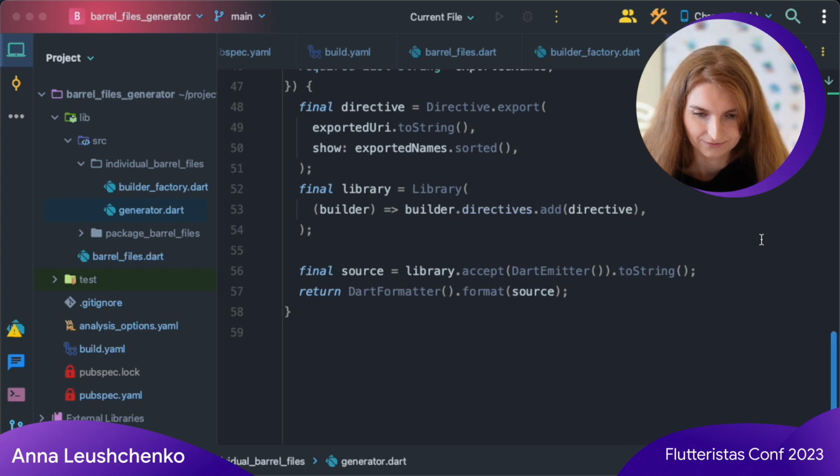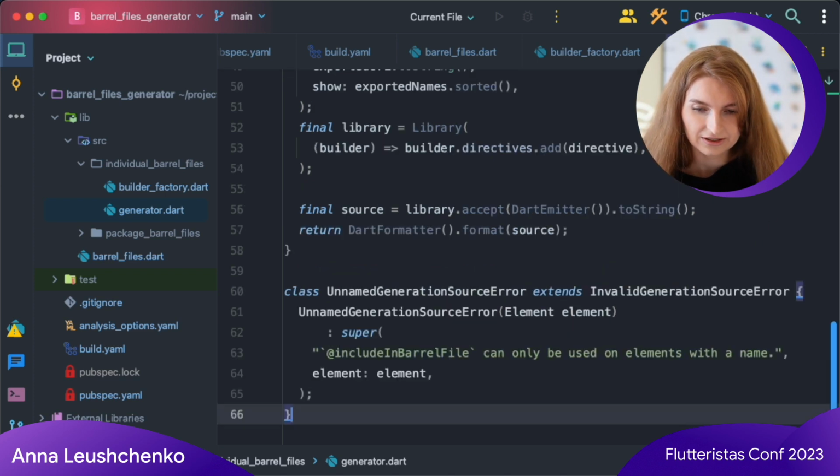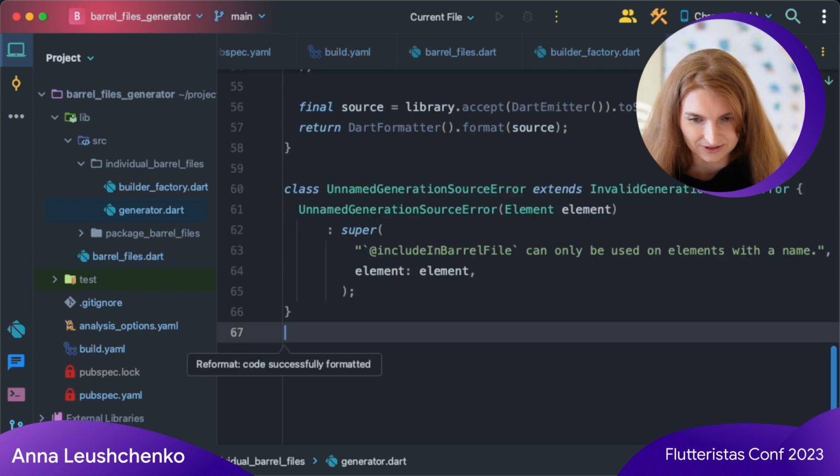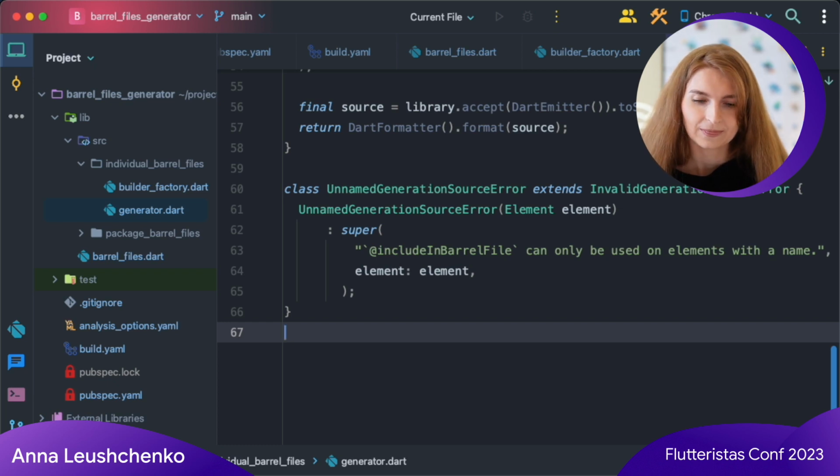So here I'm defining my own implementation of the invalid generation source error that defines an informative error message and passes an element causing the problem from the constructor parameter to the base class.